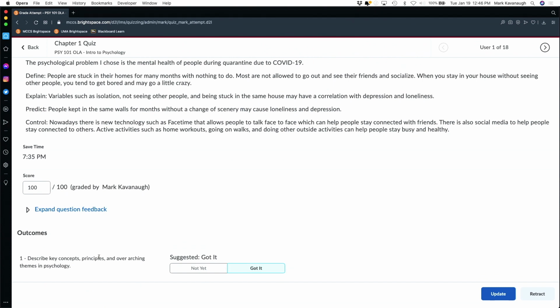So: describe key concepts, principles, and overarching themes in psychology. If there was a second question, it'd be below that. You could grade the question, and then there'd be a space where the other learning outcome would be for each question. So the alignment of the learning outcomes inside of Brightspace is a great thing, I think, particularly if we get the kind of data that I'm hoping to get out of it. But it does imply an extra step